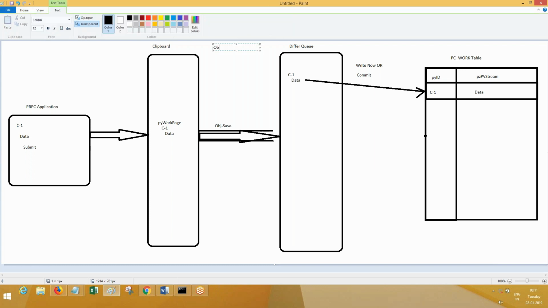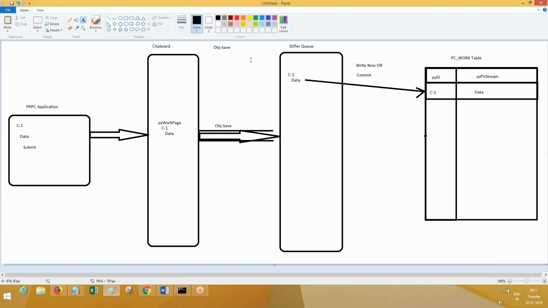So this is Obj-Save. Whenever we perform the Obj-Save operation, data will get stored into the defer queue. You cannot see the defer queue, like you can see the clipboard. Data will be posted into the defer queue, and from there, after Write Now or commit is performed, data will get stored into the physical table.